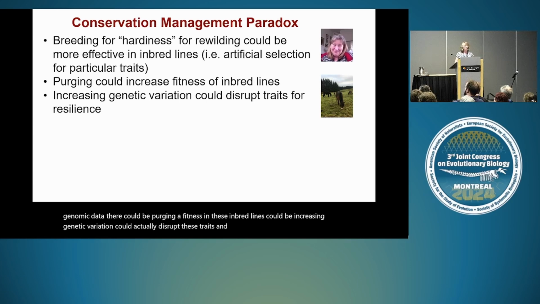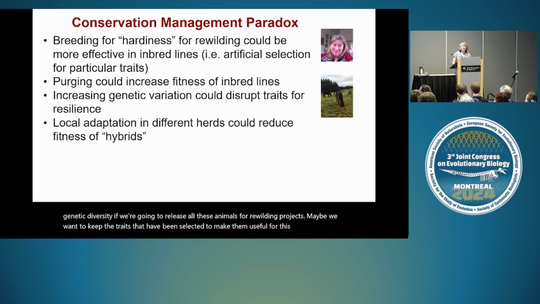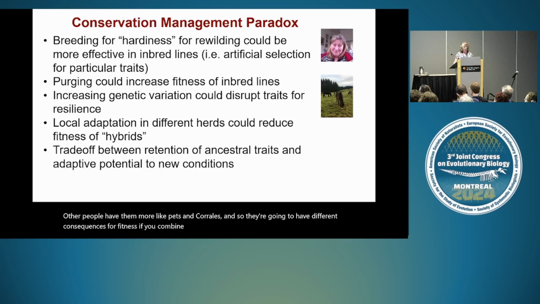And so maybe we don't want to increase genetic diversity if we're going to release all these animals for rewilding projects. Maybe we want to keep the traits that have been selected to make them useful for this purpose. And if we have local adaptation in different herds, Debbie has her own herd she was working on, and she keeps hers completely outside on this remote peninsula in Scotland. Other people have them more like pets in corrals, and so they're going to have different consequences for fitness if you combine them. And so there's a trade-off between retention of these potentially ancestral traits they have and adaptive potential